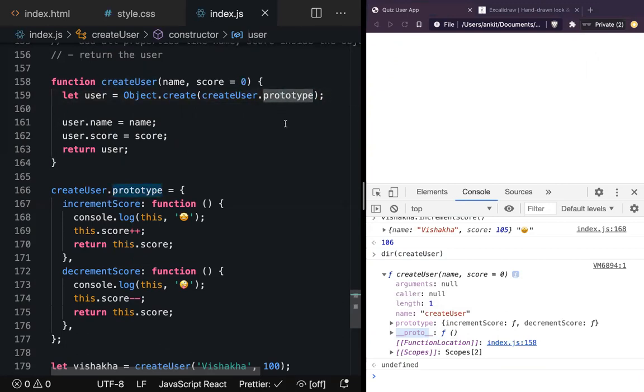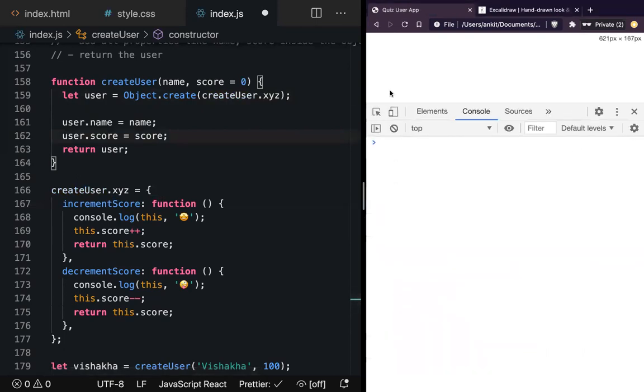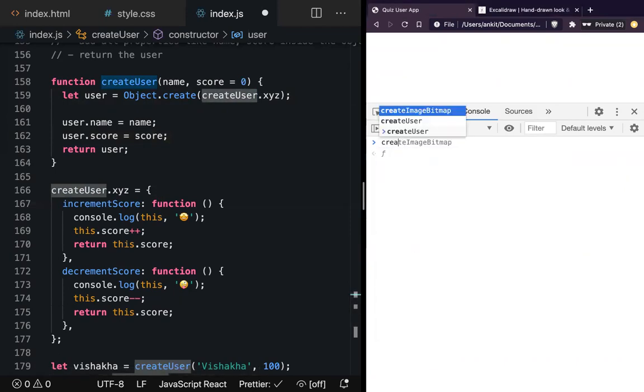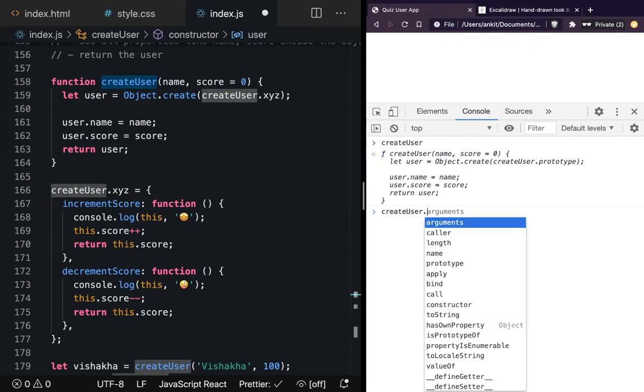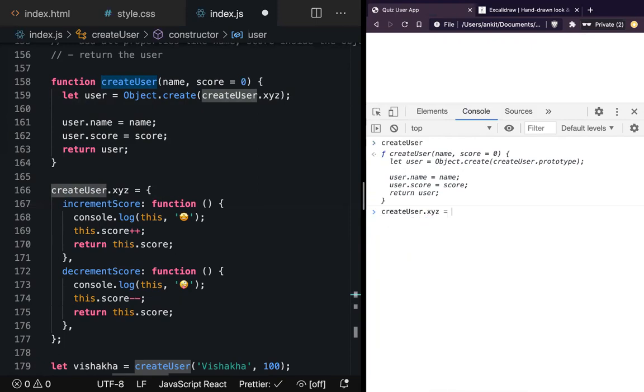Just change the name of prototype to something like XYZ. Okay, so think in this way. Change the name to be XYZ. Let's see what I'm trying to do here. You know that function is an object, right? So I can take createUser, which is a function, and just add a property XYZ equal to an object. Now, if you look at createUser with dir,